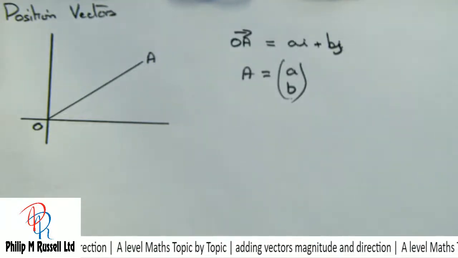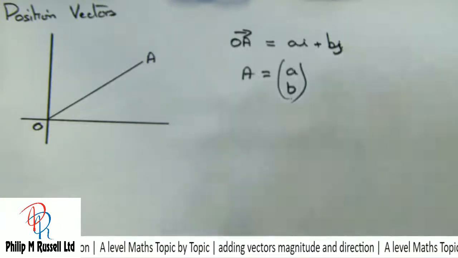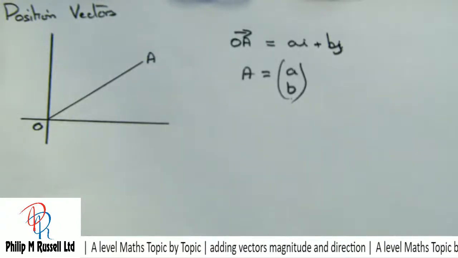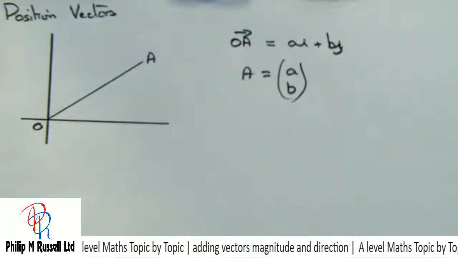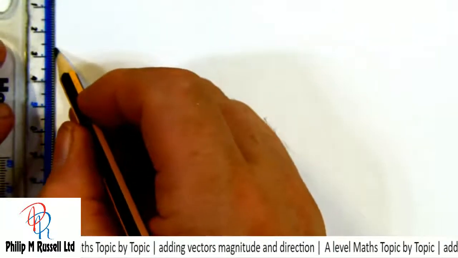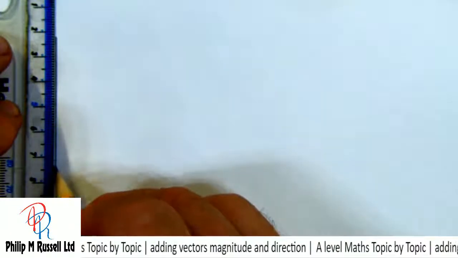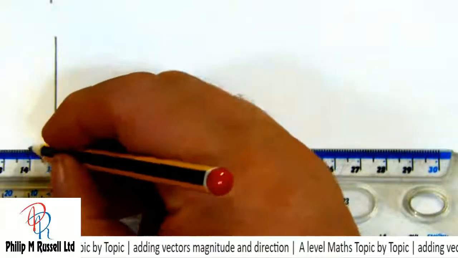And we could work out how these things move around if we have a question with various other vectors in. So let's try a question,